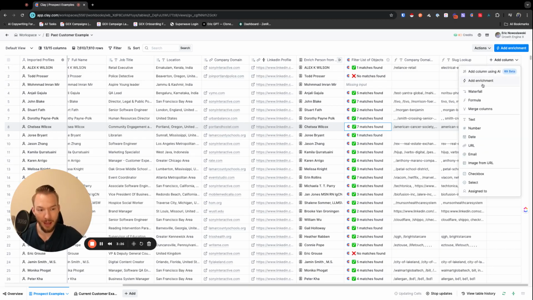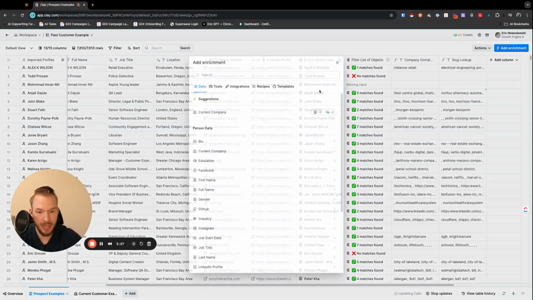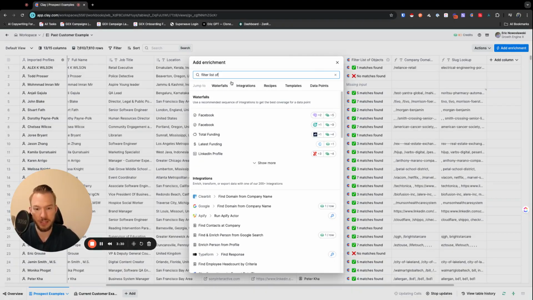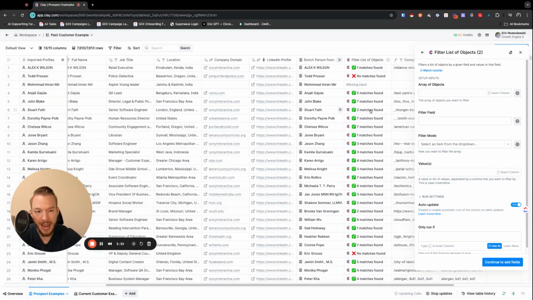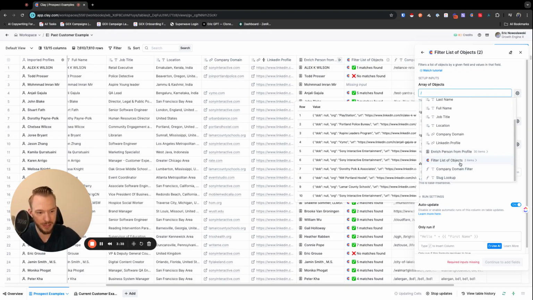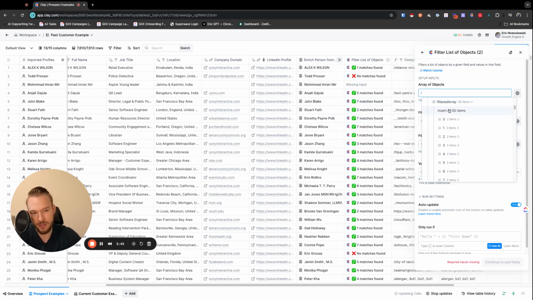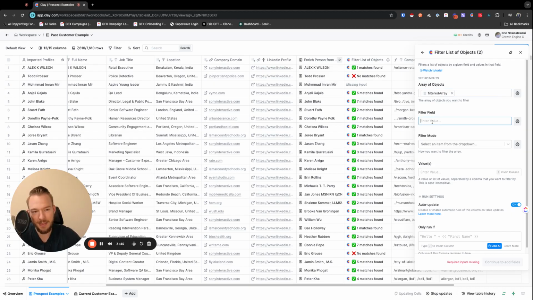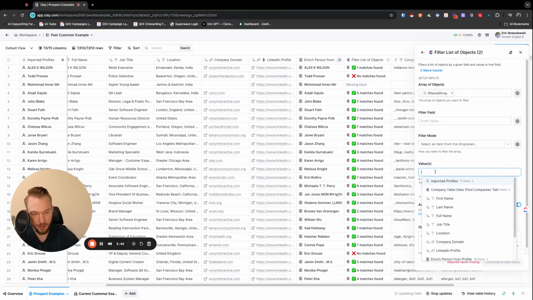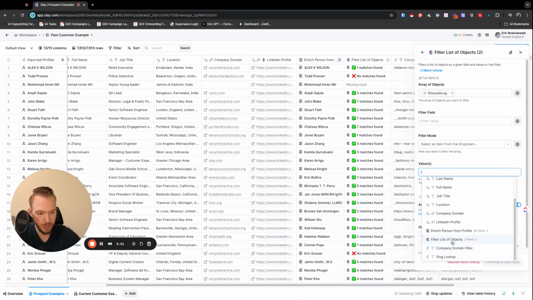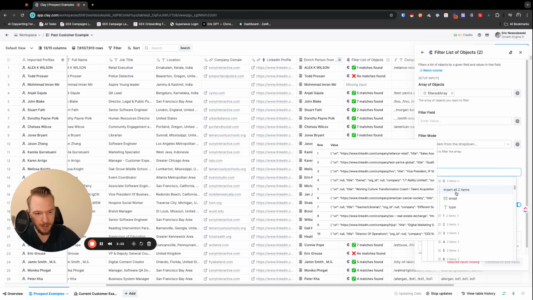And if we just do that live really quickly, we would just add another filter list of objects. And now this gets kind of meta. We're going to filter the filter list of objects. So we'll input the filter list of objects, and then we'll hit filtered array, and then we'll hit insert all 92 items. And then for the filter field, you just have to look it up perfectly inside of Clay. So we're going to do filter list of objects, filter array, and then it's going to be something like,